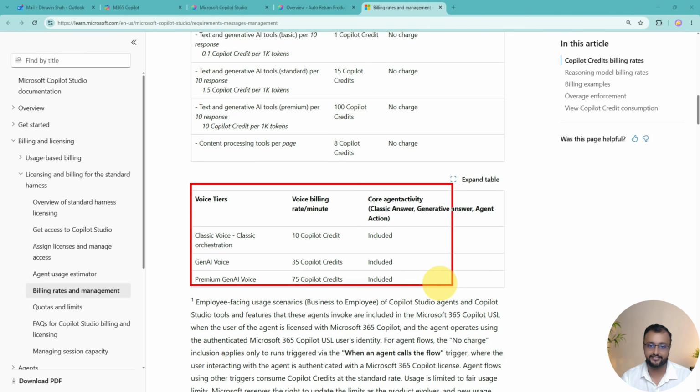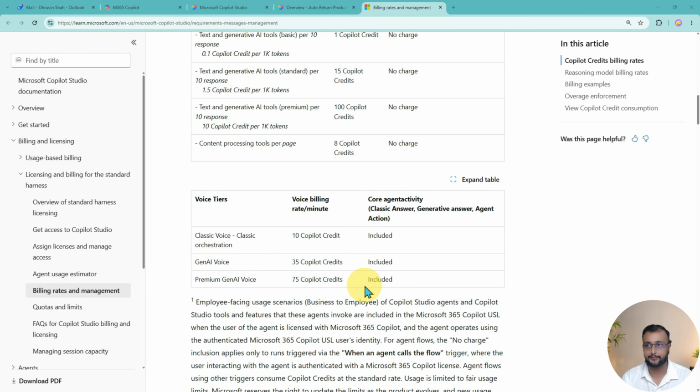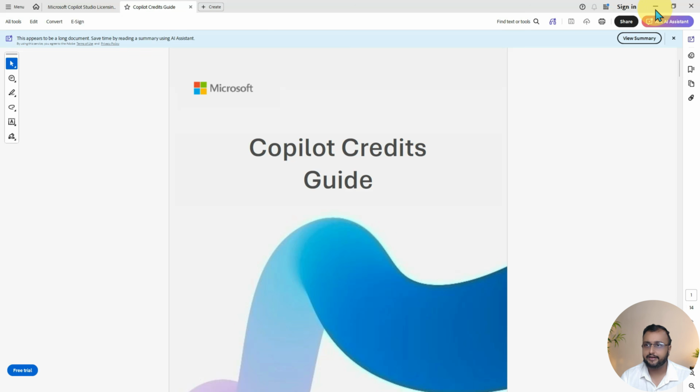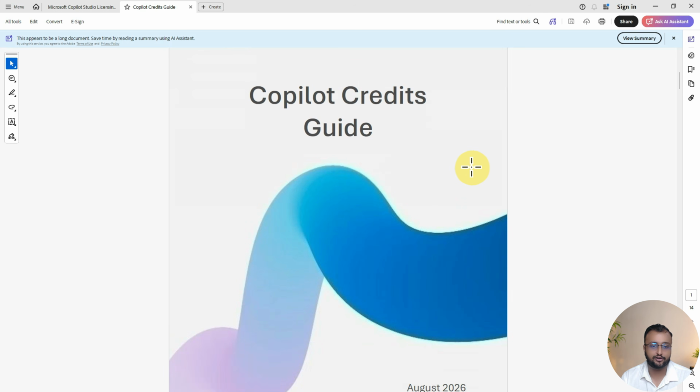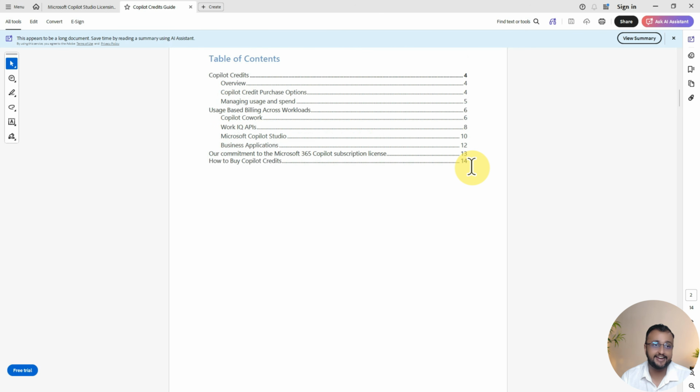If you are using any voice tier for the standard harness agent, this is the consumption you can see on my screen. I have provided the same link in the description box, so have a look there. The consumption table keeps changing whenever you are watching this recording, so it's always good practice to refer to the latest Microsoft documentation. Now let me open the official guide from August 2026 from Microsoft's side